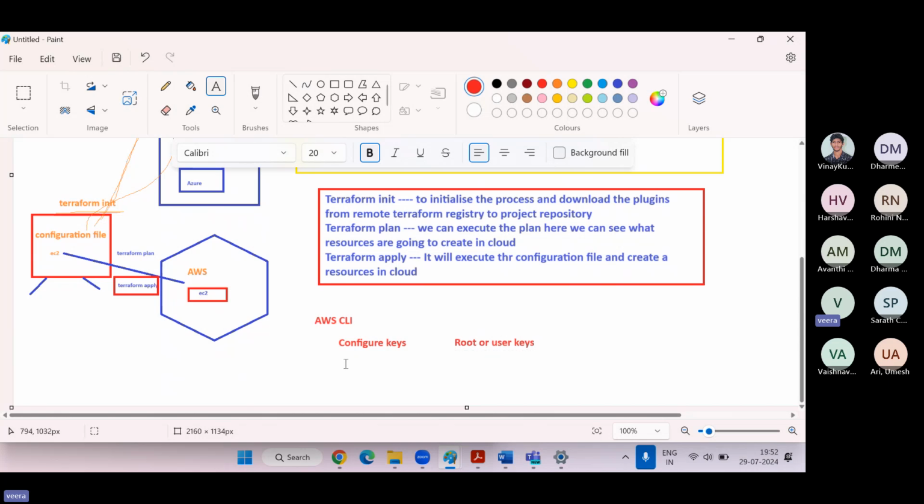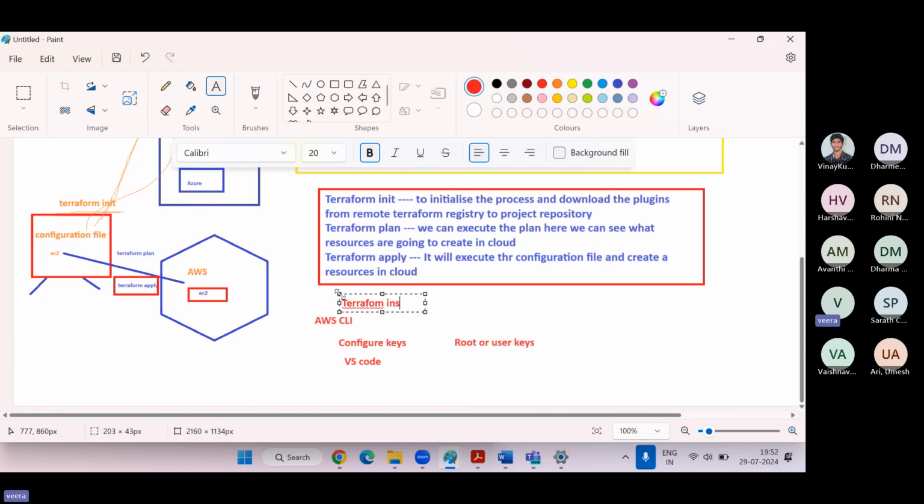And here the required tool is VS Code. We are using VS Code to practice Terraform. Once you download VS Code, we can configure the keys there too, or if you already configured the keys, no need to configure again. Otherwise we need to configure. And before that, we need to install Terraform.